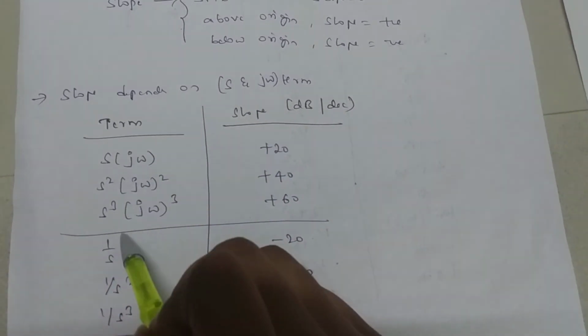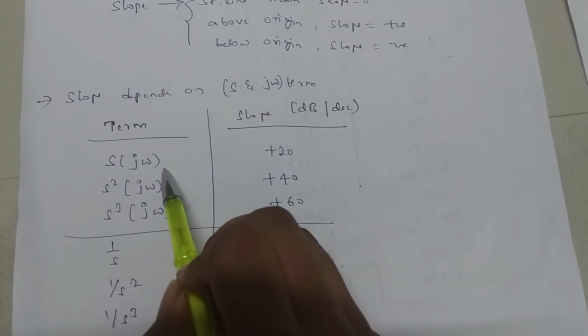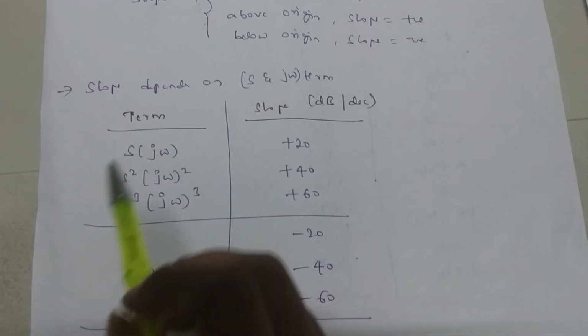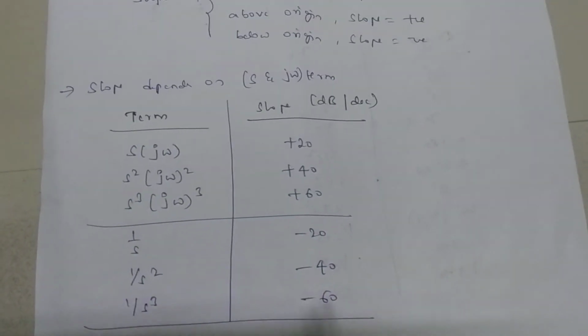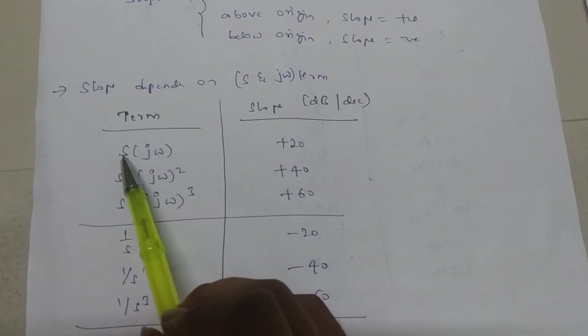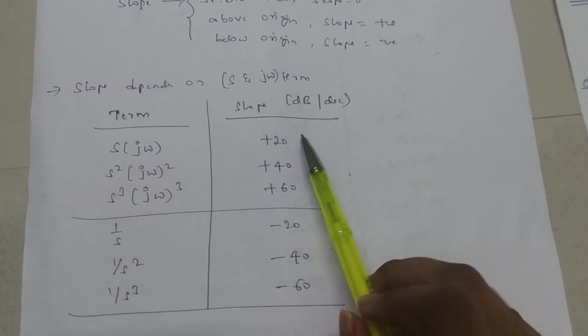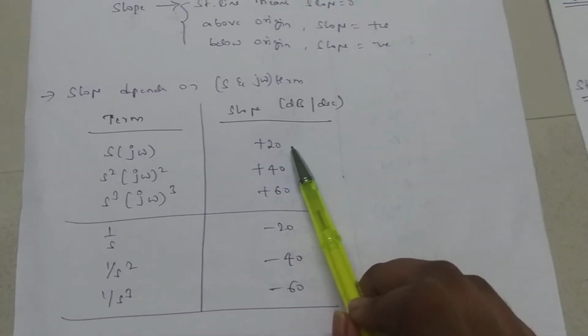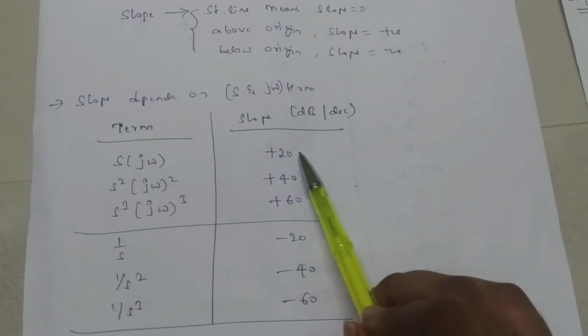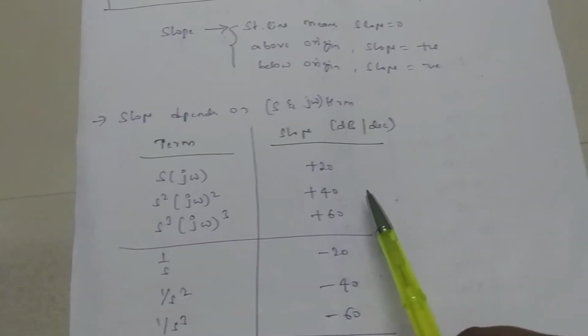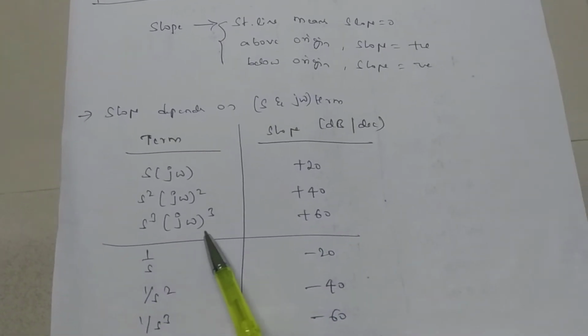This we have taken in a term as s, j omega, and this is in decibel per decade. So see here, this is the standard form. If they have given it in an s or j omega term, we have to take this value as plus 20 dB per decade. If it is s square or j omega whole square, it means plus 40. Similarly, for the cube value, plus